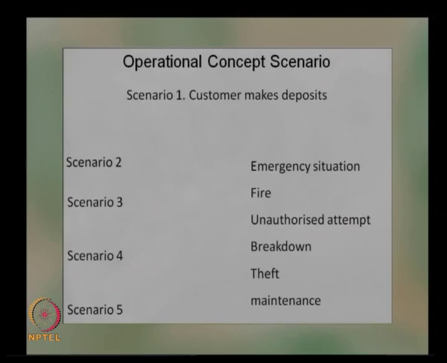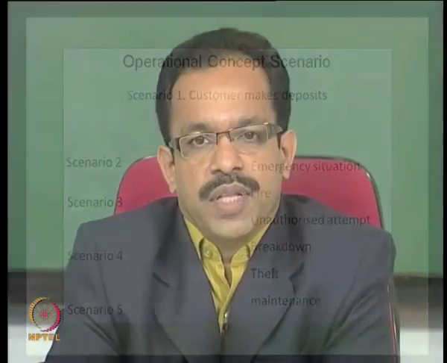Or the machine has broken down, so how will that scenario be handled? If the machine is broken down, how do we inform the central server, the service agents or the customer? What will happen to the customer if he is in between and it breaks down, or if there is a breakdown of the system when the cash transaction is going on? So all those scenarios can be identified here.